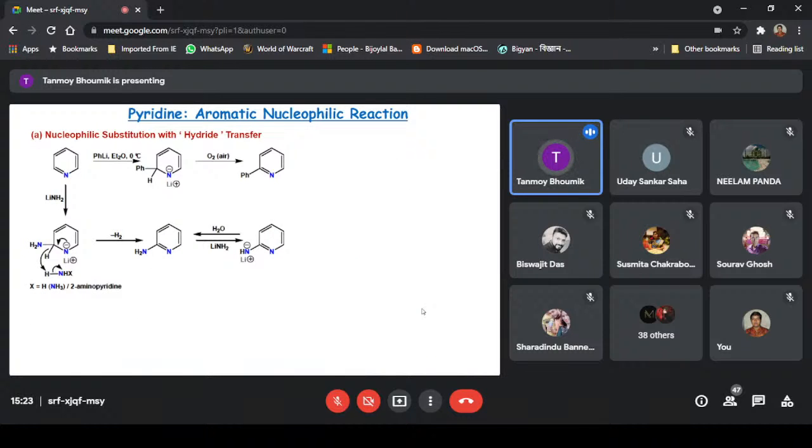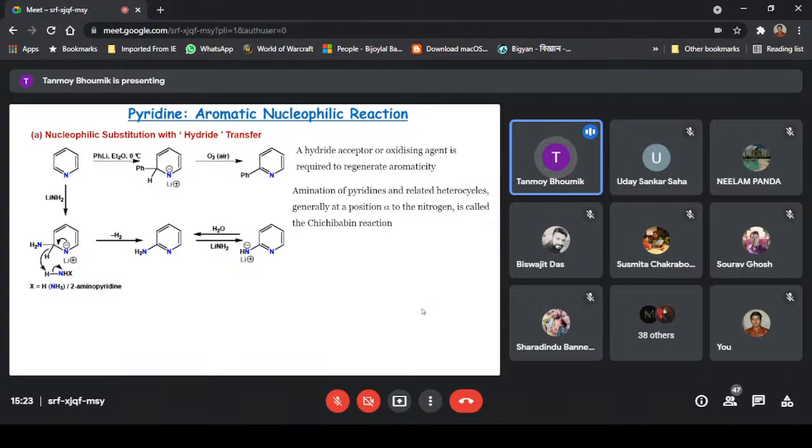Here a different type of nucleophilic substitution is shown, when phenyl lithium, the nucleophile, reacts at the position that is prone to nucleophilic attack, and as a result it can give the ortho-aminopyridine. A hydride acceptor or oxidizing agent is required to regenerate the aromaticity. Aminations